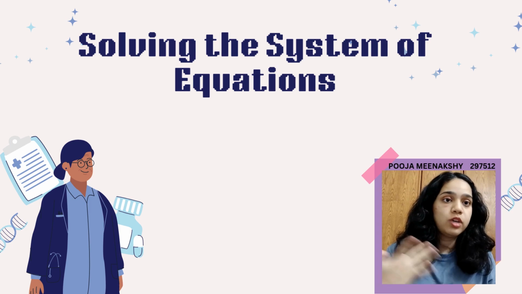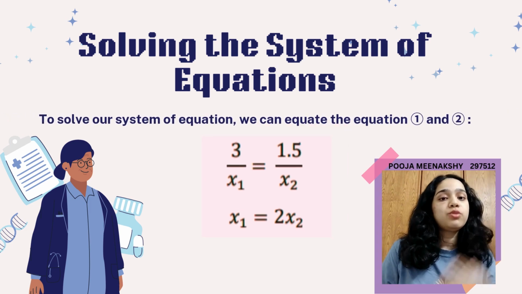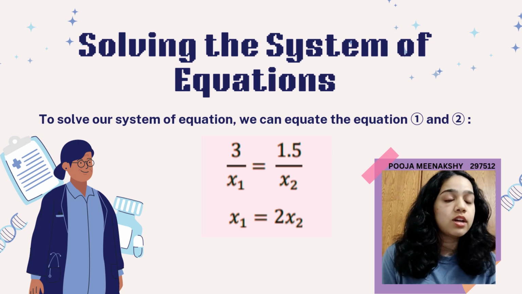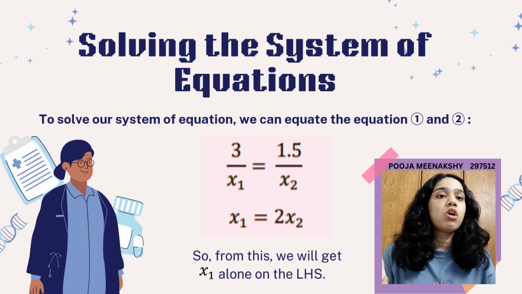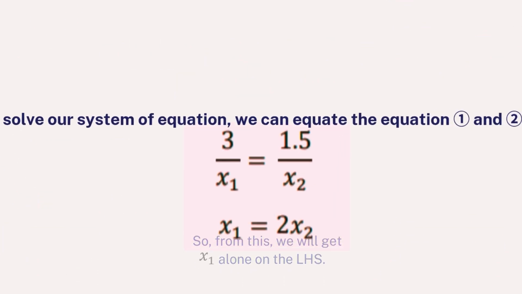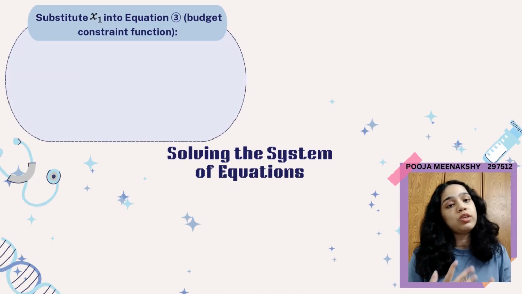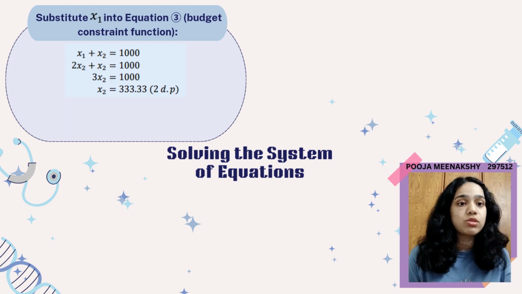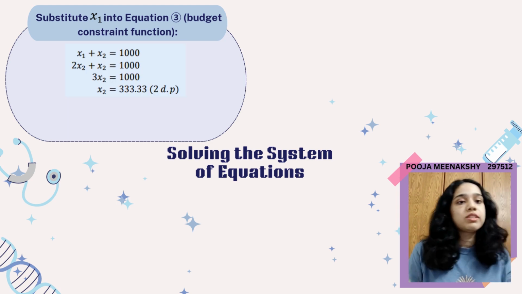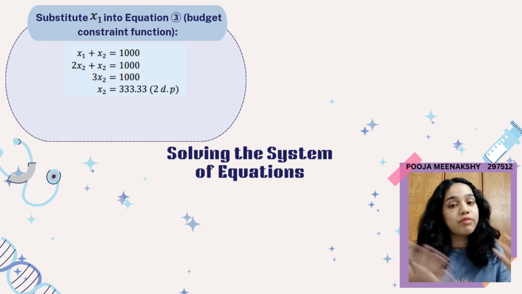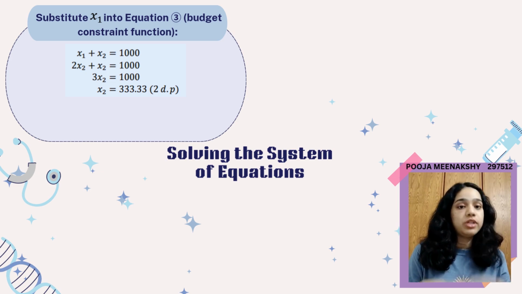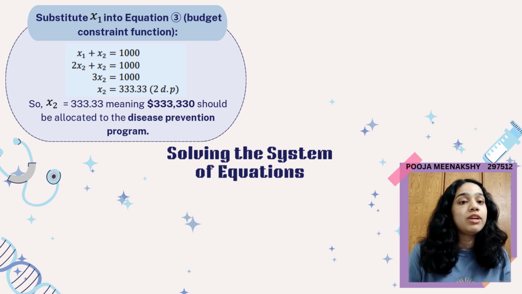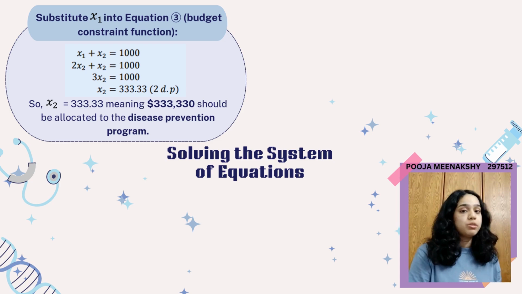To do this, we can equate equation 1 and equation 2, which is 3 over x1 is equal to 1.5 over x2, and we will get x1 equals 2x2. So by doing this, we get x1 alone on the left hand side. And then we can substitute x1 into equation 3, which is our budget constraint function, x1 plus x2 equals 1000. So it will lead to 2x2 plus x2 equals 1000, 3x2 equals 1000, and finally x2 equals 333.33. So when it equals that, it means that